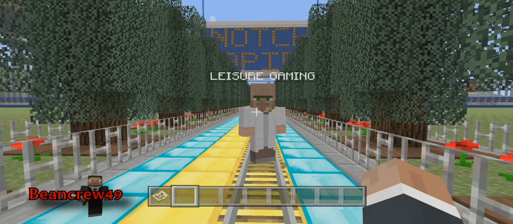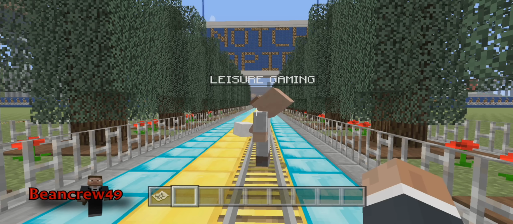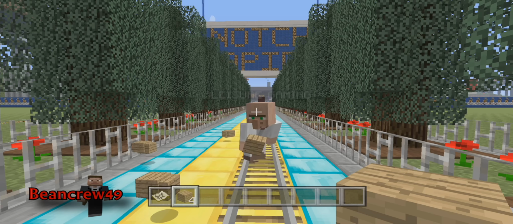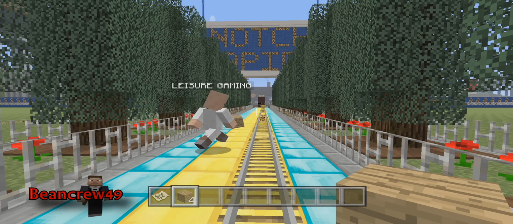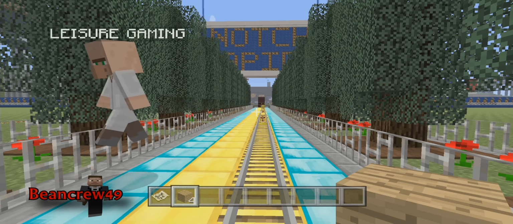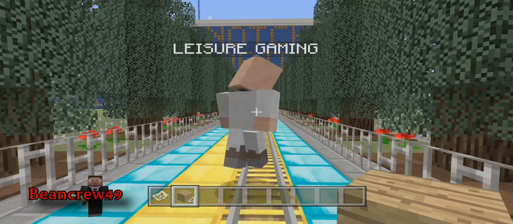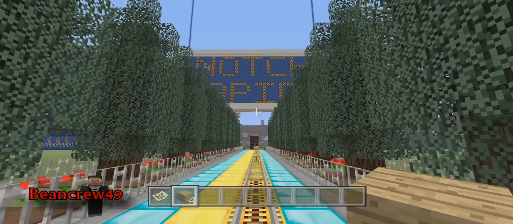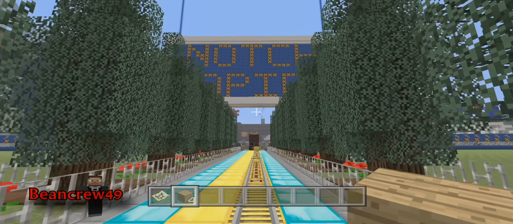Welcome back to Being Around the World, the series where we tour Xbox One maps you might not be familiar with. Today we have a special treat. We are joining Leisure Gaming for a tour of his Notch Rapids. You guys might remember Leisure from Notchland, the wildly successful amusement park that he created on the Minecraft 360. Hundreds of thousands of downloads to date on PC and the Xbox. This guy is a great theme park builder, and we're going to take a look at his latest project, Notch